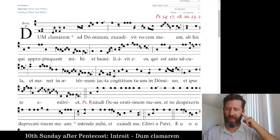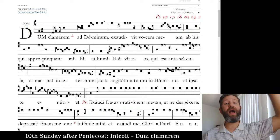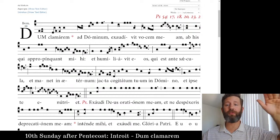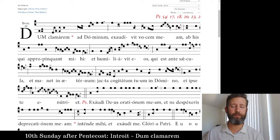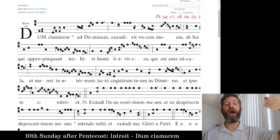secum. That is definitely a mea culpa moment. Qui est ante secum. The thing I messed up on was I didn't go down that minor third really squarely. Whenever there's something fuzzy enters in, it can be kind of a problem. Let's sing that again. Qui est ante